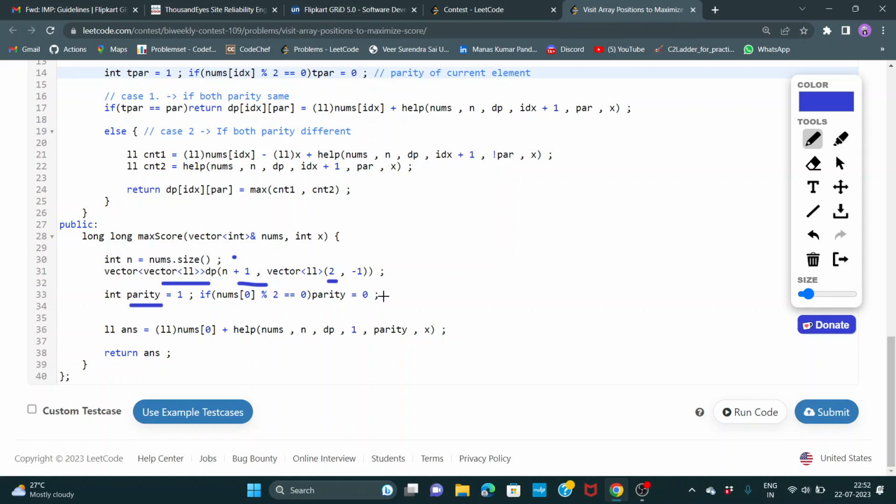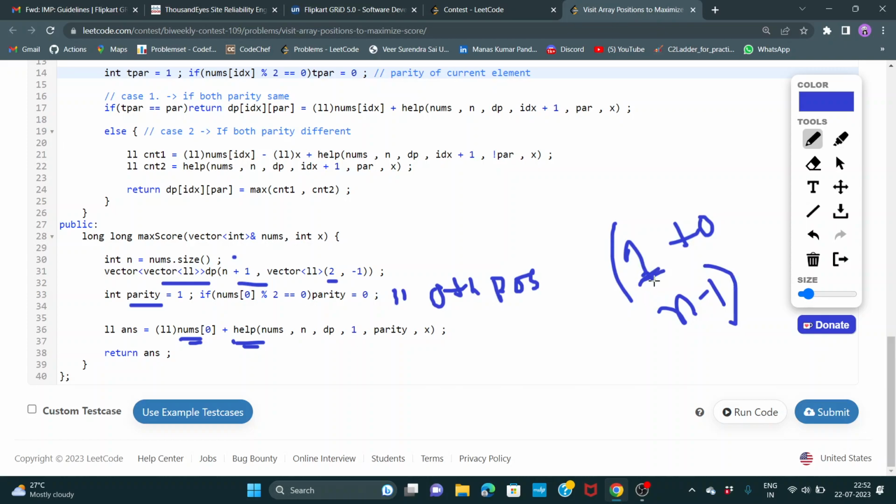Here I am finding the parity of the 0th position element, and I just call this function. I am adding this value nums of 0, and this will give me the value from the 1st to the n minus 1th position. I have to add this value because currently I am at the 0th index. And we are finding this parity for the first element. Okay, parity, and this is x, and this is nums, and this is size, this is dp,